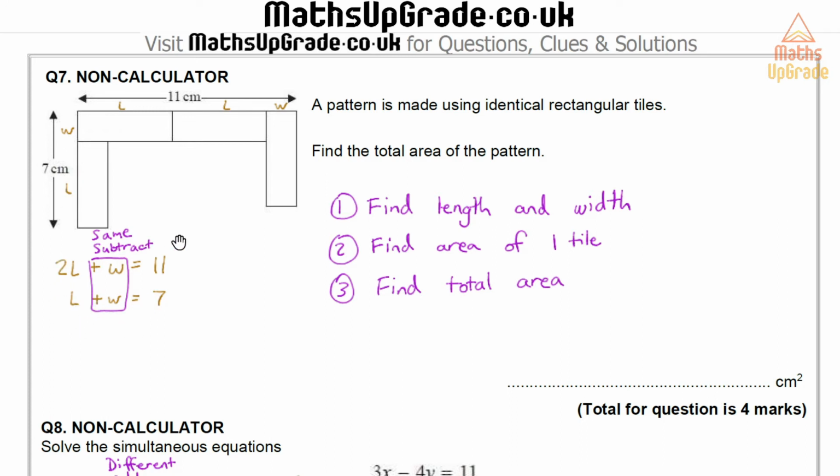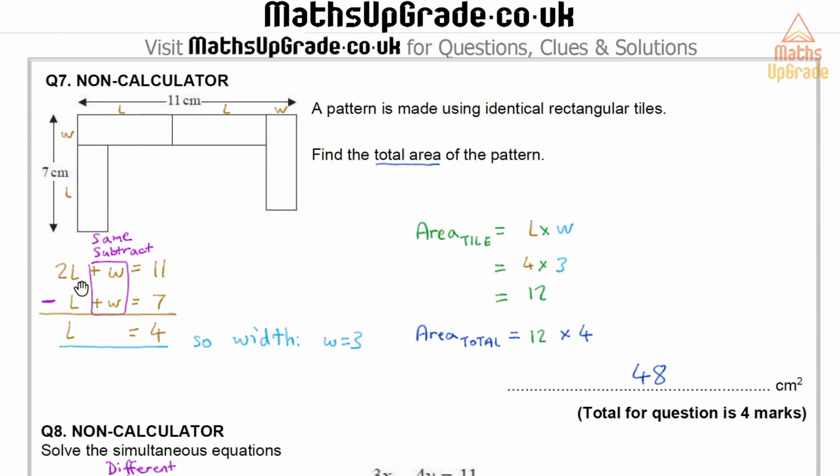What I can then do is start to solve these simultaneous equations to find the length and width, and then I can find the area of each tile, then I can find the area of the whole pattern. So to solve these equations, I've got the same coefficient already in front of the W, and it's the same sign, so I can just subtract. So 2L minus L is 1L, W minus W is nothing, 11 minus 7 is 4, so the length is